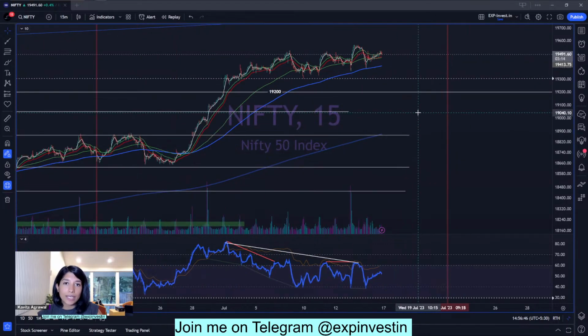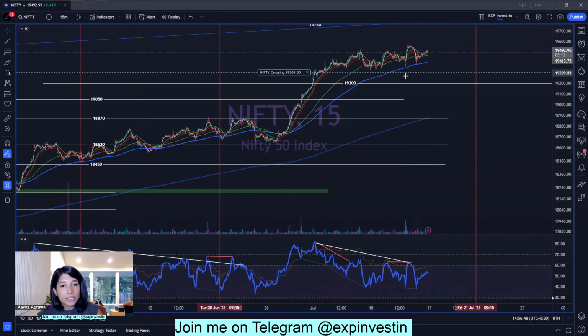As long as the index is above it, it looks like there is some consolidation or some rest going on in the market. So what should you do with your broader positions? Because of this broad analysis, how should you go forward with your active positions? I would not suggest prematurely booking your profits. Instead, you could trail your active positions with a stop loss, and for new positions, be very, very cautious, be very stock specific, and make sure that the risk reward ratio is attractive enough for you to risk your capital there.